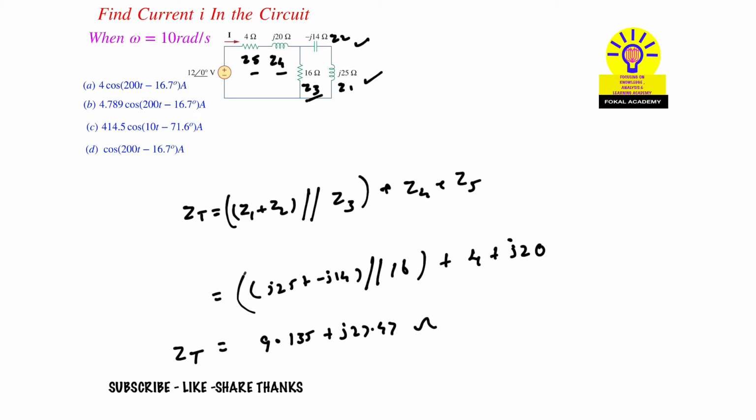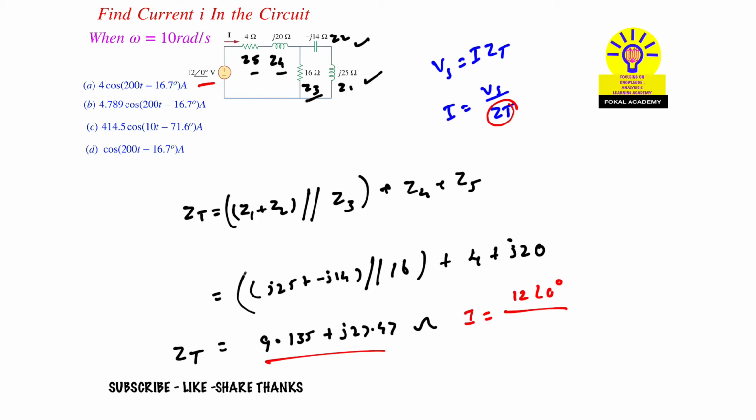But here we want current I. We know that total voltage source equals total current into overall impedance. So from this we get current I equal to Vs by Zt. So current I equals Vs, which is given as 12 volts with phase angle 0 degrees, upon the overall impedance, that is 9.135 plus j27.47. By simplifying this, we will get